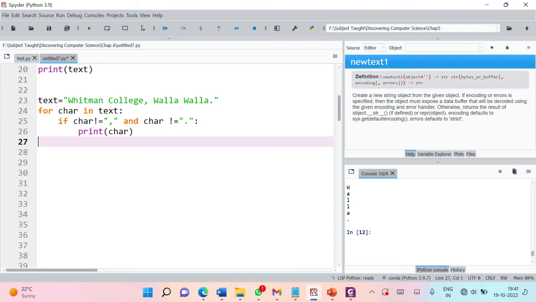Otherwise we don't want to print the value of the character. So let's execute these statements. Here you can check that we have removed the occurrence of comma and dot from this input text, but